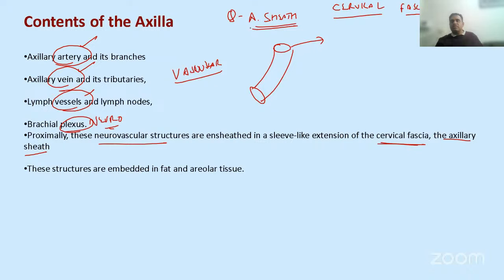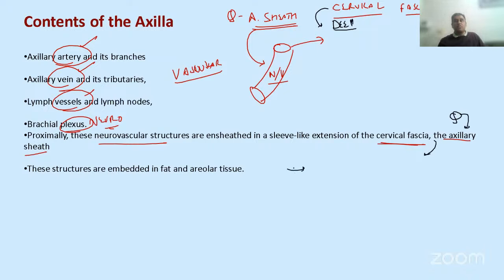Okay, so we have the axillary sheath that has the nerves and the vessels. They are coming from the cervical fascia. A question has come previously: which part of the cervical fascia? Now here, let me tell you, it's a deep cervical fascia. Obviously, it's a deep cervical fascia. Which part of deep cervical fascia? Listen to my lines very carefully. The axillary sheath over here is derived from